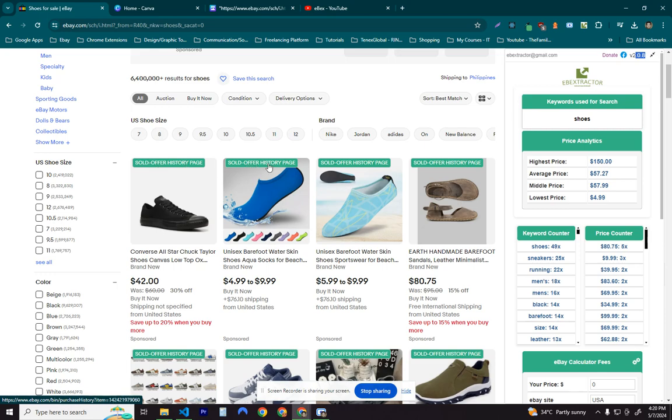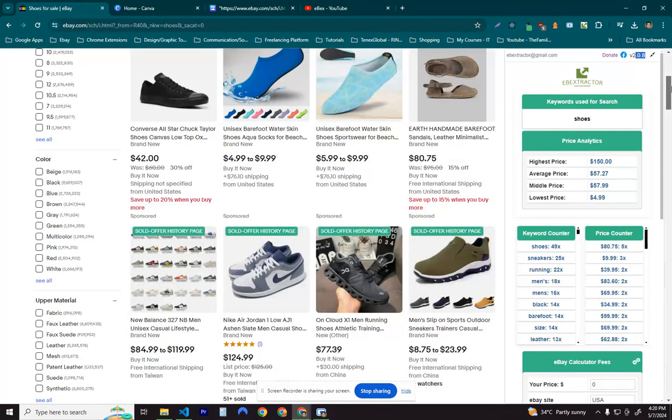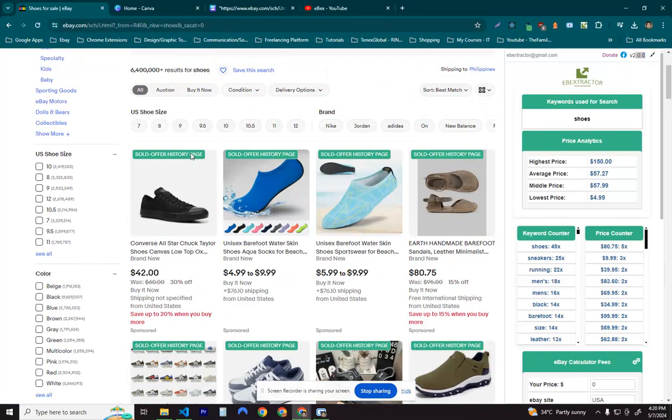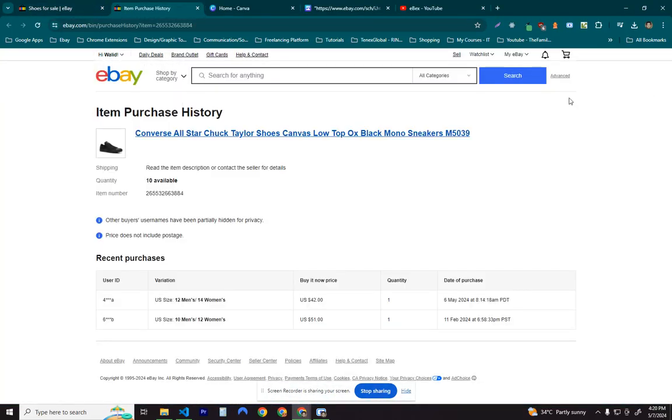you can view the sold and offer history page on the specific search. You just have to click it and it will go to that specific item's sold history and offer history. Now you won't be able to go here if you are not logged in to your eBay site. So you need to have an account in each site. You won't be able to use ebay.com and access the sold history of an item if it is in Germany or Italy or France, etc.